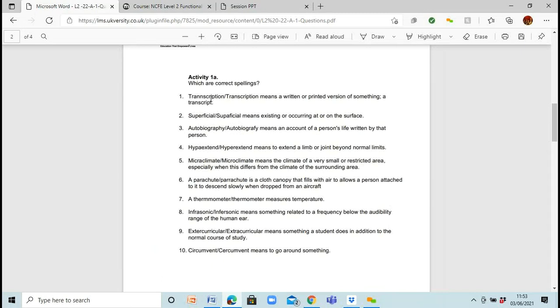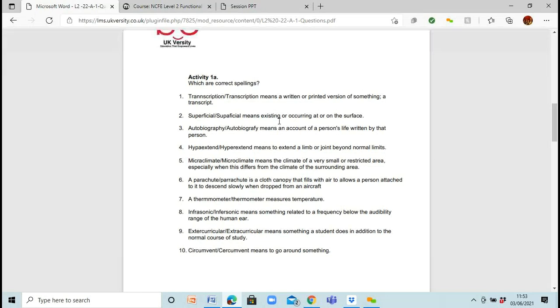Now, you've got two spellings of transcription, and then you've got the meaning of what that means. So I just want you to either, on this document, type out which is the correct one, or highlight it. So if you're doing it on Word, or if you're printing out, use a highlighter and just highlight the correct one. So superficial or superficial, autobiography or autobiography,